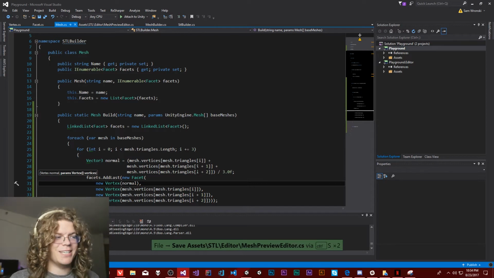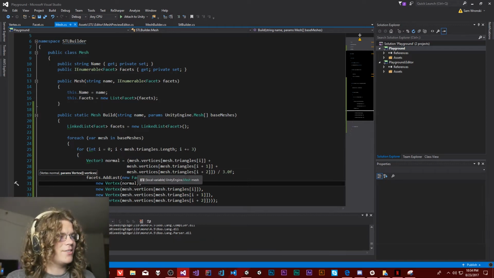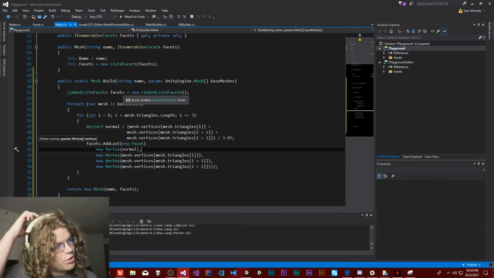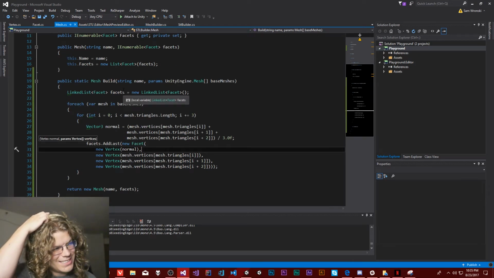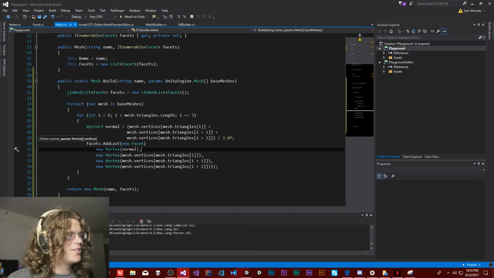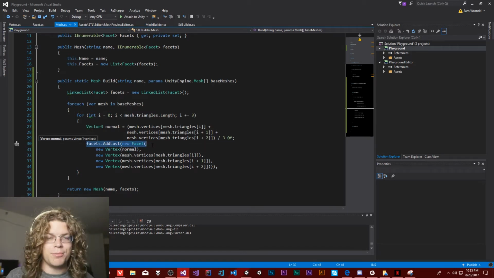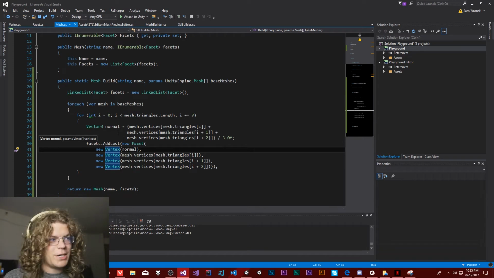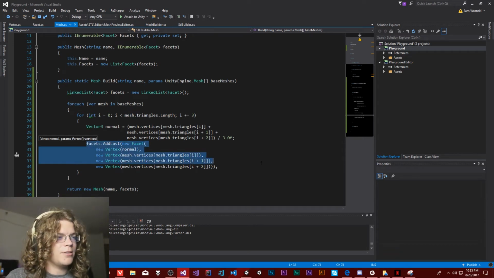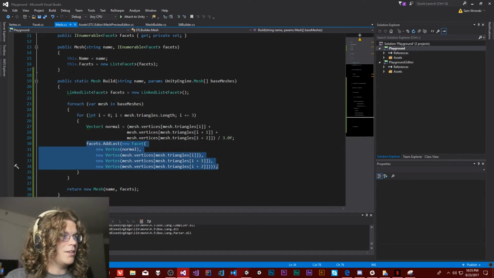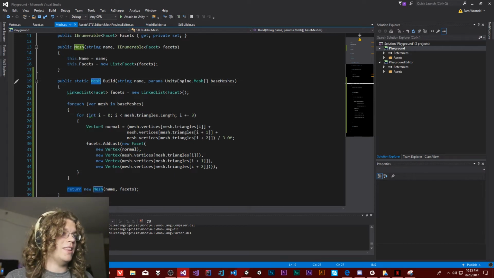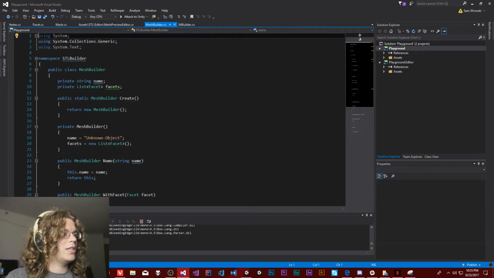Let's stick a comma in there and not a semicolon. That would work a little bit better. And so now that we have all of that, this should totally work. So assuming everything is correct, we're going to iterate over every mesh that we have passed to this function. And then we're going to take every triangle in every mesh and add them as facets to our mesh. And then we return a mesh, which we can then use